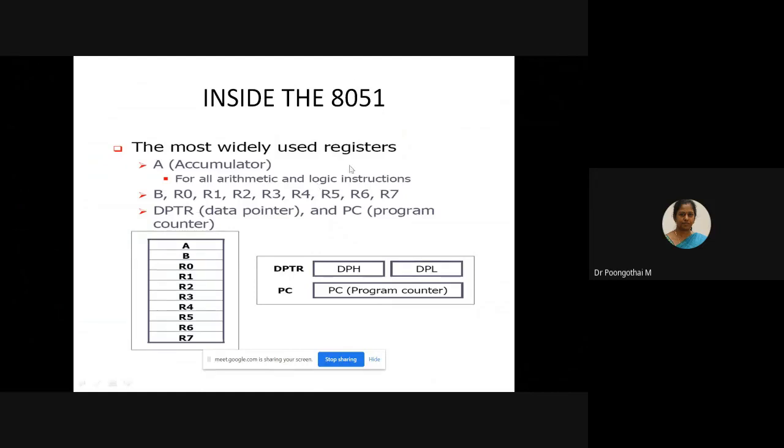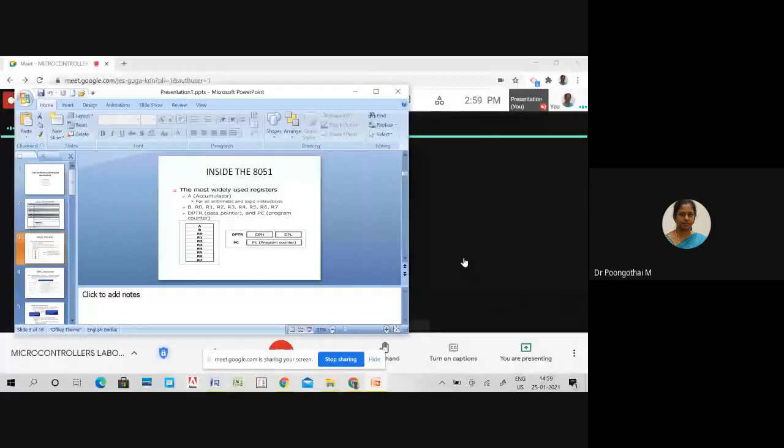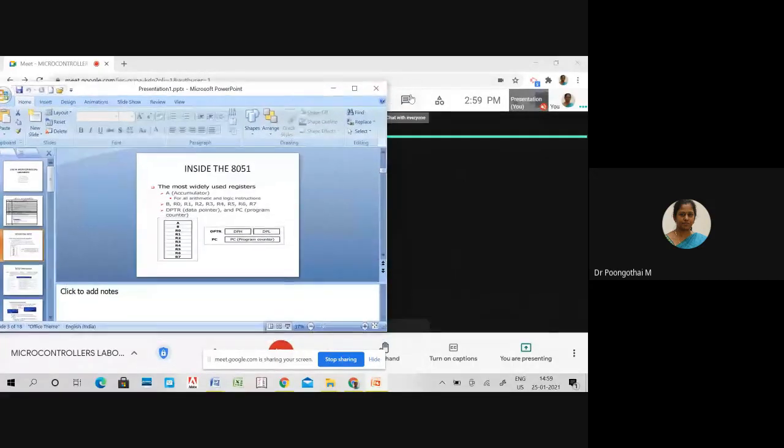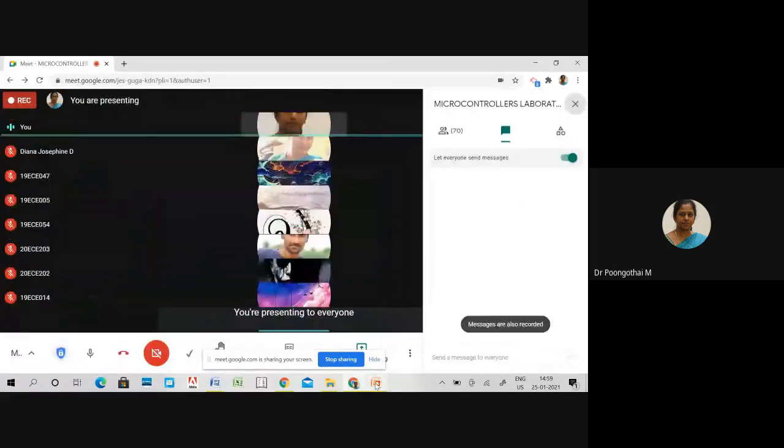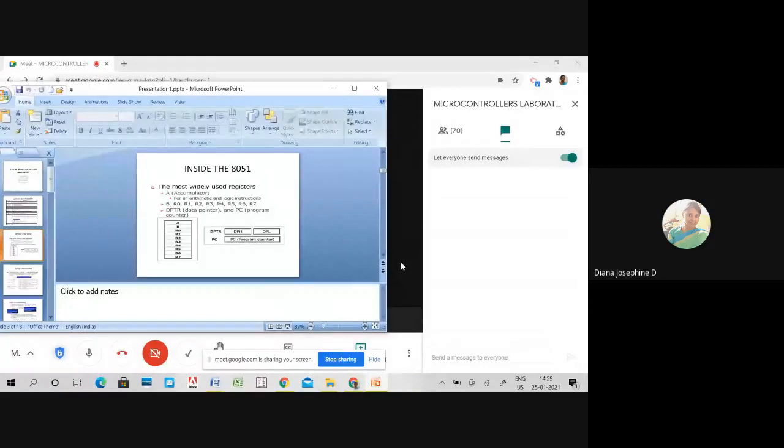The most widely used registers in the 8051, the first one is the accumulator. What is the size of the accumulator and what is its purpose? I think I have covered all these features in your theory class.